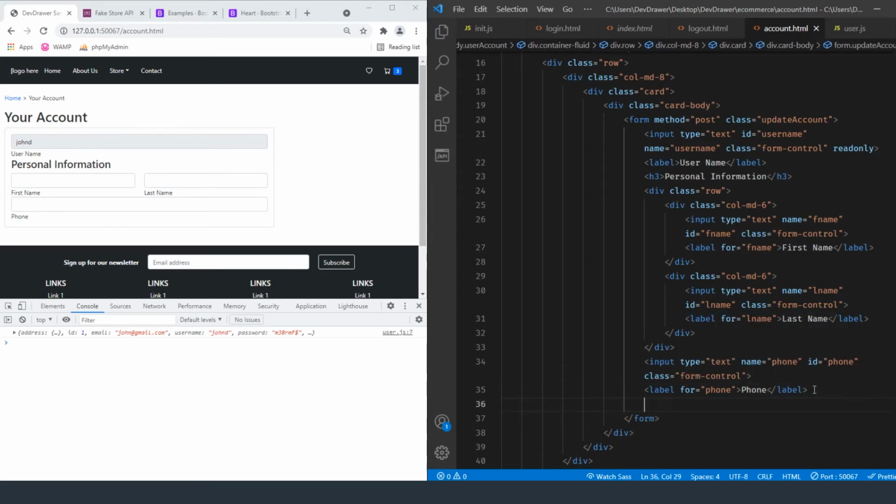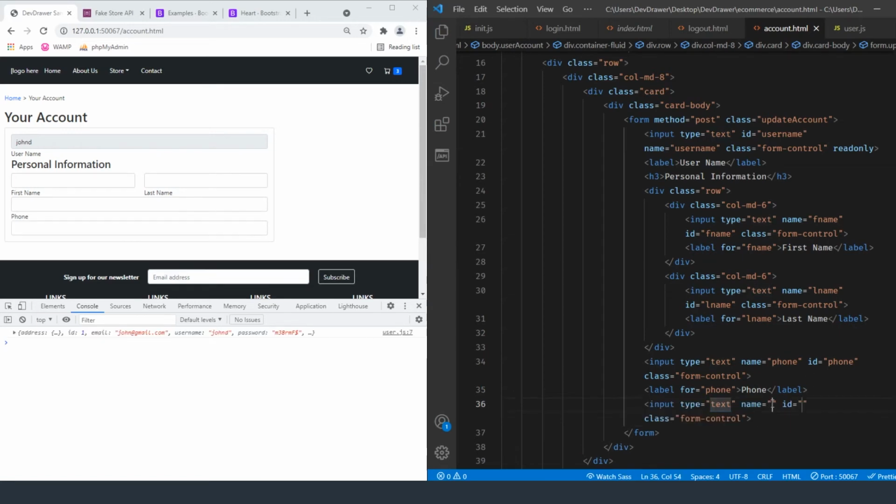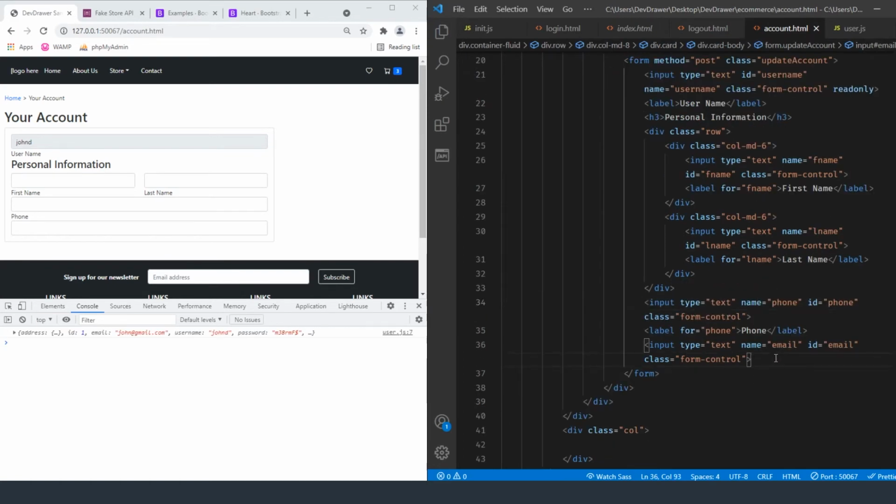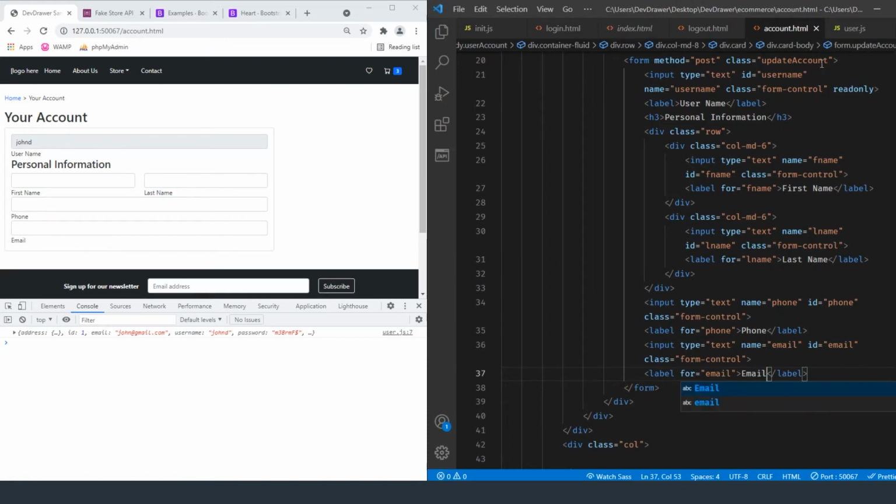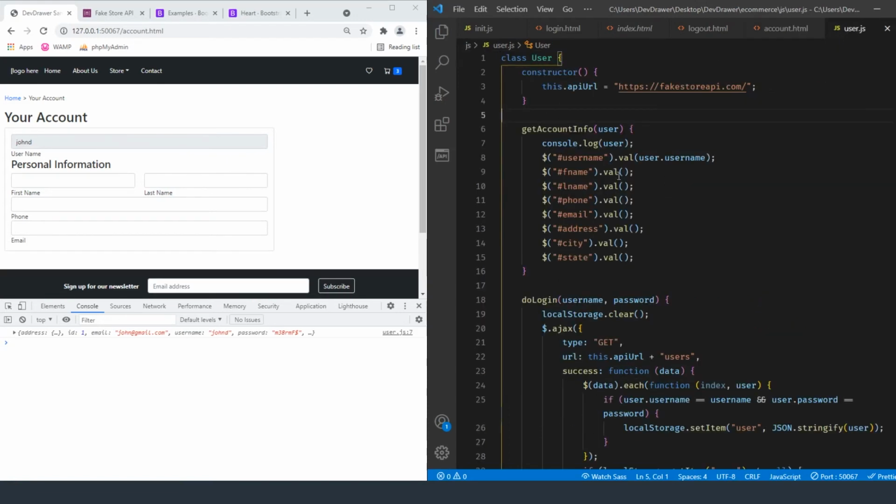And then let's do another one. So we're going to do imp.form control. And then this one's going to be email. It's kind of redundant, so just bear with me. Label for equals email. And just to make sure that our JavaScript is working, which it should be, let's go ahead and fill these